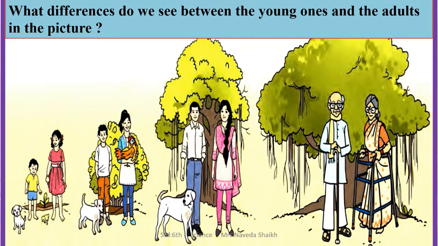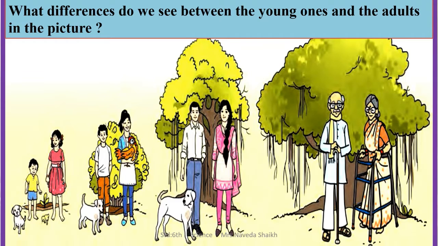In the next image, you do not see a dog. Why? Because these dogs also do not live for a very long time, and that dog might have died. Next, in this picture, you can see that the body has now become old. These young boys and girl, over the period of time, their body has undergone changes. They have grown into adults, and now they need support even to stand. And you can see the tree behind that has also grown and it has become quite mature.